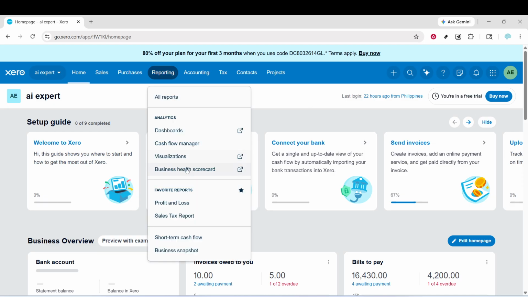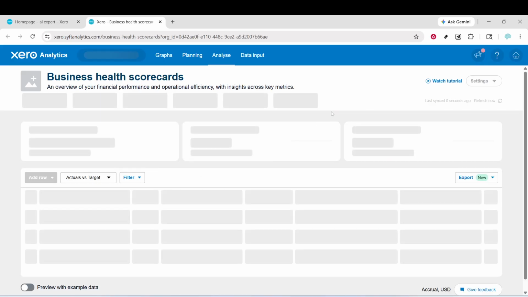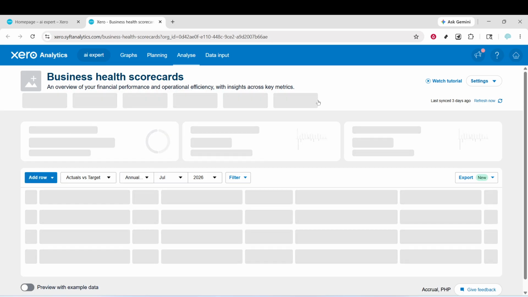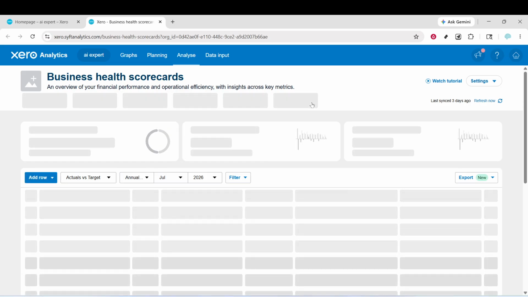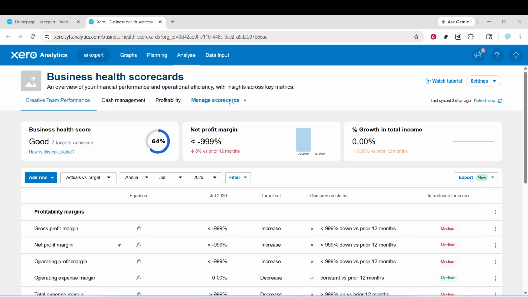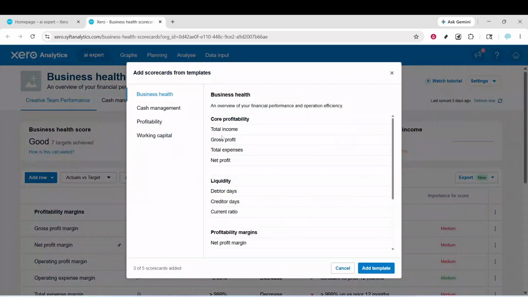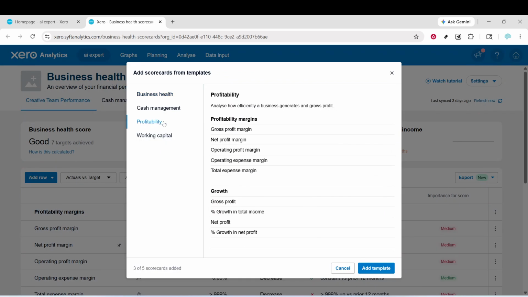Next, click Manage Scorecards. This is the control panel where you can add curated sets of metrics created by Xero. Choose Add Business Health Scorecard from Template. Templates save time because they're pre-configured with metrics that work well together, so you don't have to build a dashboard from scratch. Select Profitability. While profitability is not the same as a cash flow statement, the metrics in this template